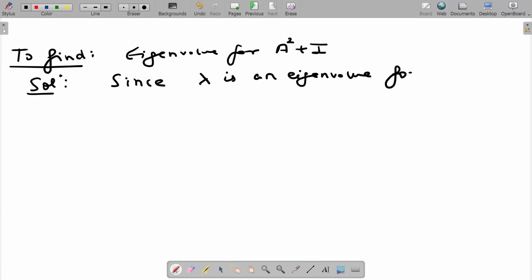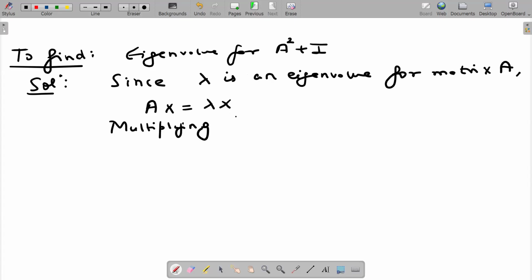since lambda is an eigenvalue for the matrix A, I can say AX is equal to lambda X. Again, this is by definition of eigenvalues. I can say AX is equal to lambda X. If I multiply both sides by A, because I need to create A square, multiplying both sides by A,